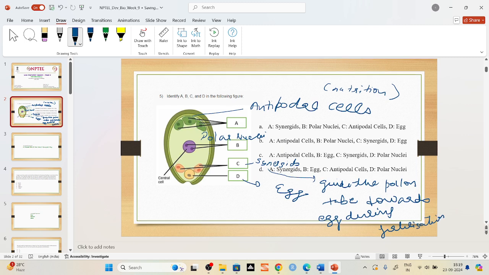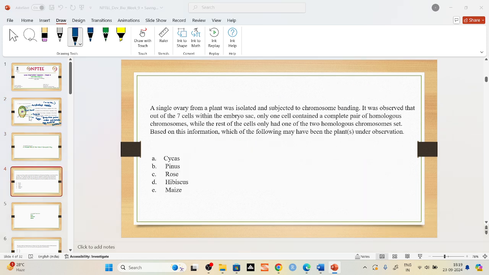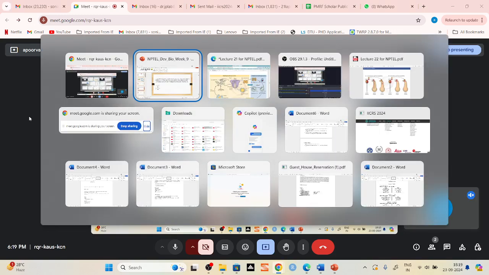Okay, and these are your polar nuclei and these are your cells. So this is an easy question. Fine. Okay, next is